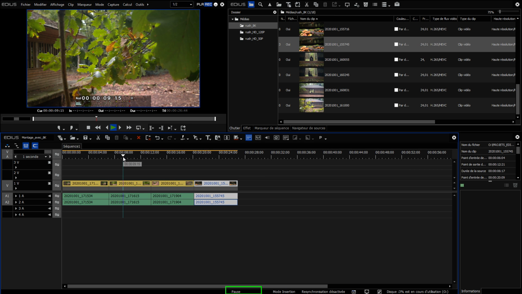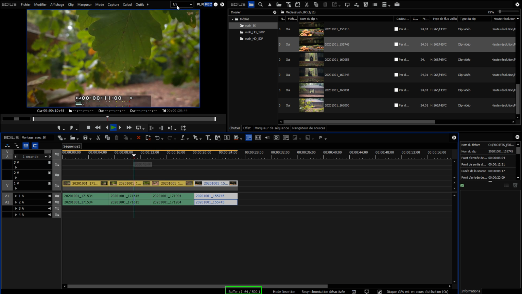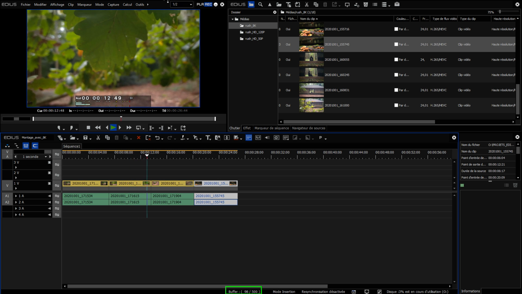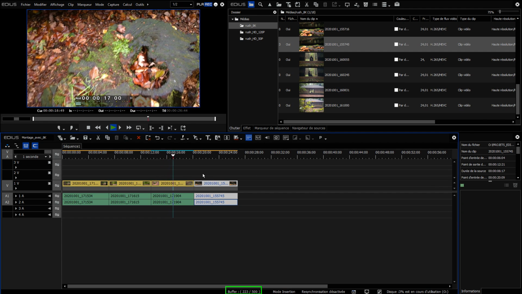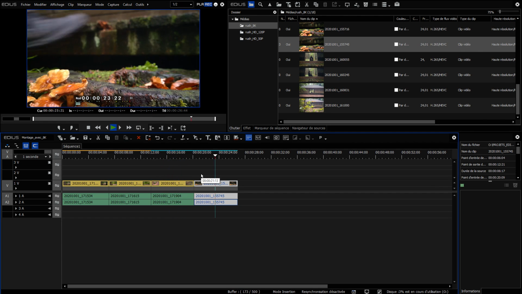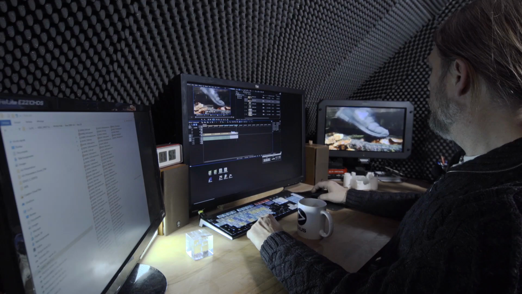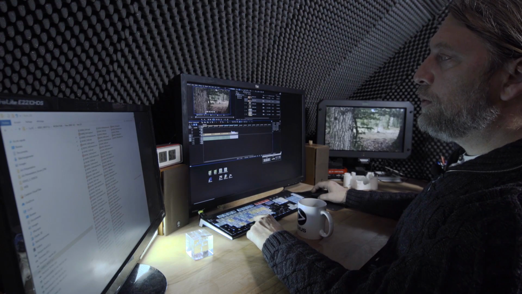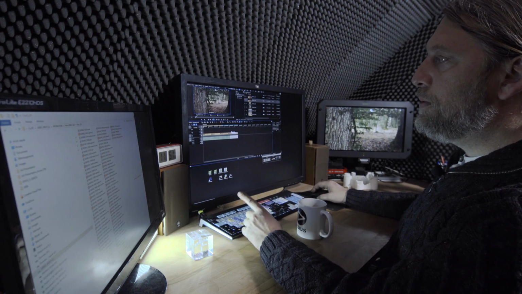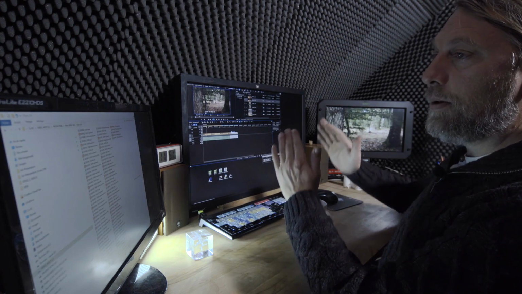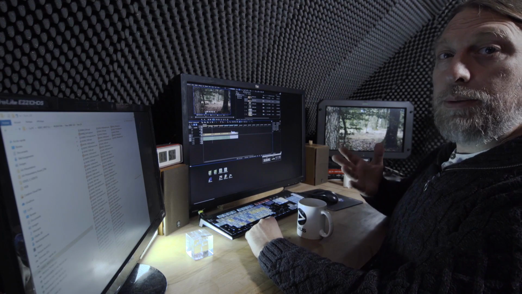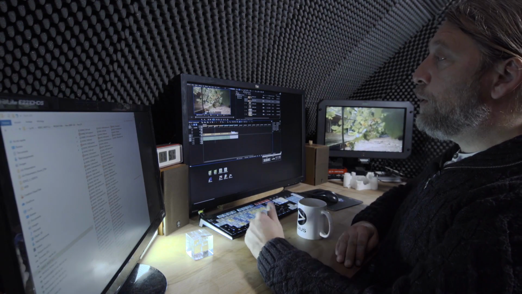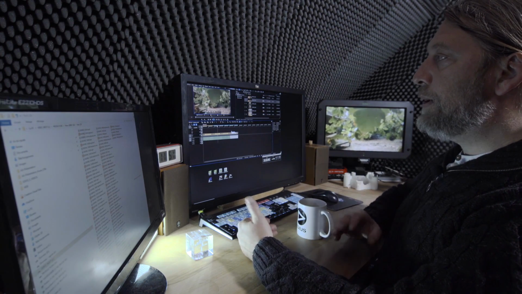So if I set the quality to half, we notice that the clip runs much more smoothly. We must also consider the fact that Edius reframes the footage. 8K is put in a 1920 by 1080 project, and additionally, Edius interpolates from 24p to 50p.